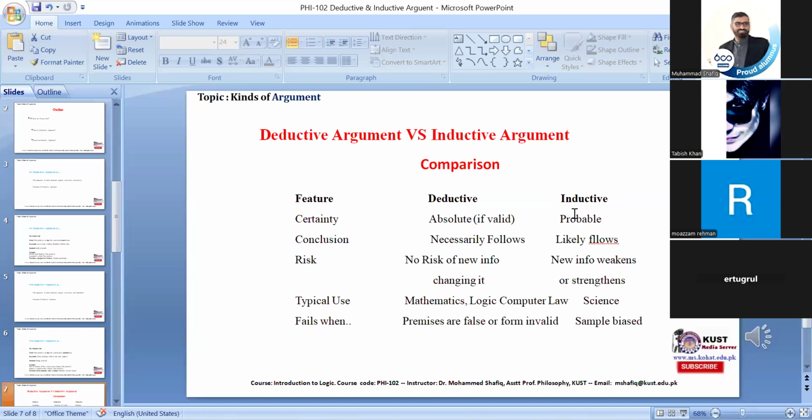While in an inductive argument, no matter how many premises support the conclusion, it will remain probable. It can be more probable or less probable, but it can never be absolute. The conclusion of a deductive argument necessarily follows from the premises, while the conclusion of an inductive argument likely follows,